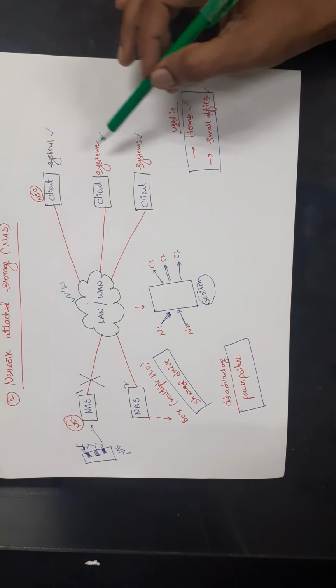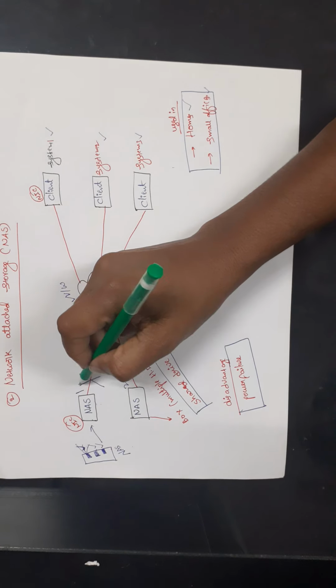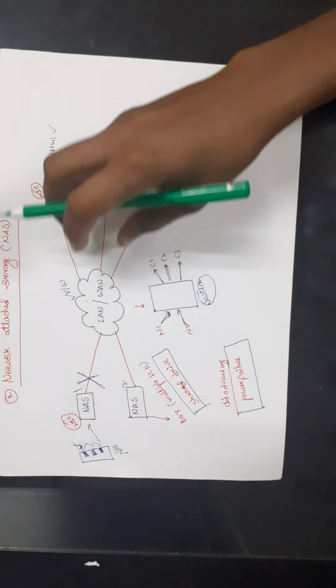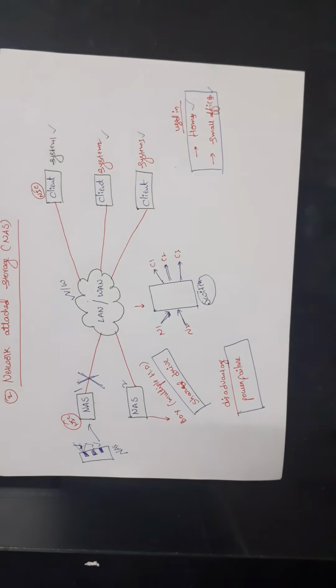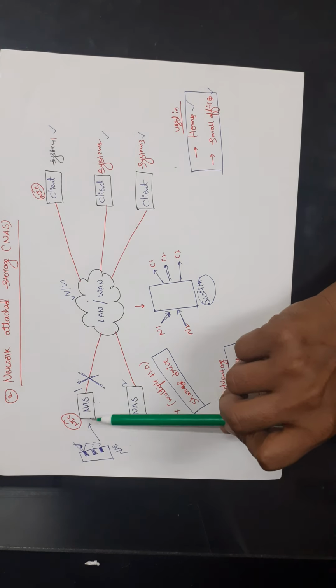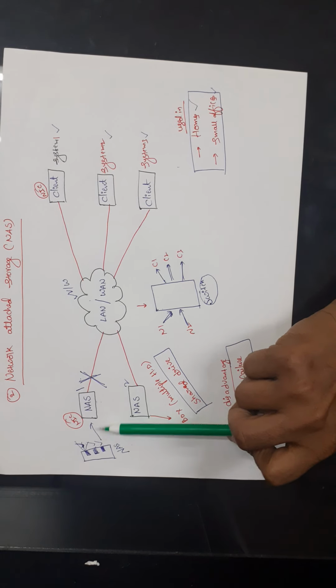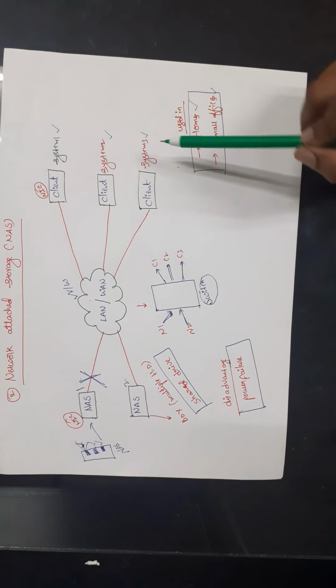Let us assume that these three clients have saved some of the data in NAS 1. Now there is a power failure at NAS 1. Now these three systems cannot access their own data from the NAS. That is a problem with network attached storage. It's just a box which has multiple hard disk drives, and those drives act as shared drives because all the systems can access it.